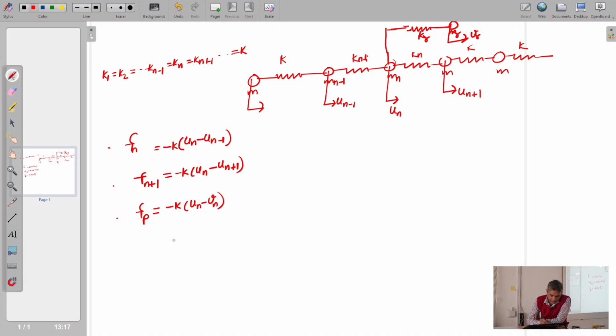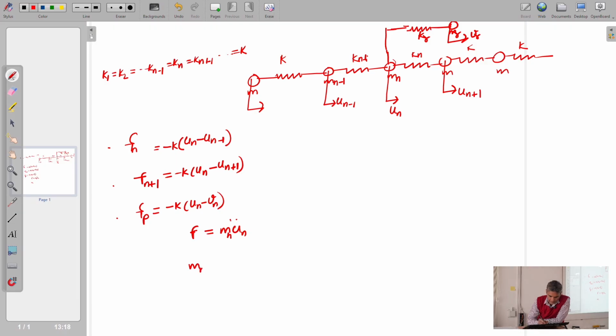So the resultant force F is equal to, this is on the main mass, that is the mass of the rod, Mn. So we can keep all the forces here, and then the equation will be